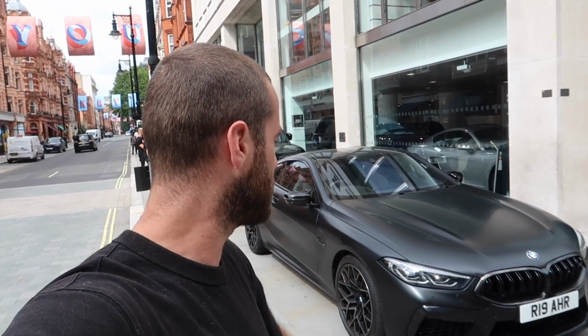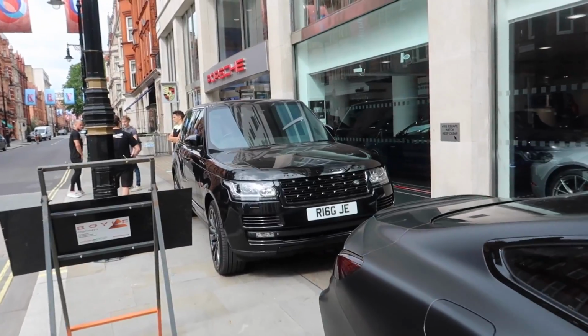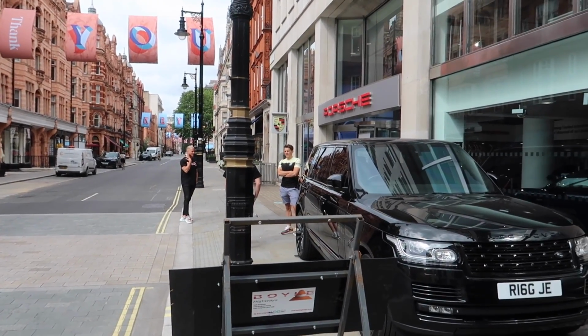You'll notice in the background here, there's some familiar cars. We've got Mr. Hamilton's satin black M8. This is actually the first time I've seen it. Very nice to see this car. It actually looks quite cool. For Archie, this is pretty cool, so well done him. I don't often give him compliments, but it's a small one there. And we've also got my brother's long wheelbase Range Rover, and also my brother as well. My brother is over there, and Archie is over there as well. They're there. Far more excitingly than those idiots then,